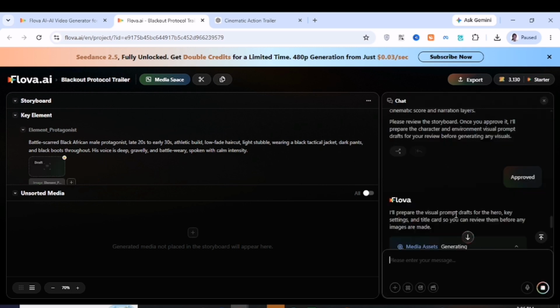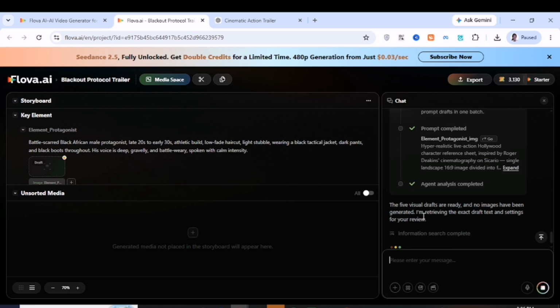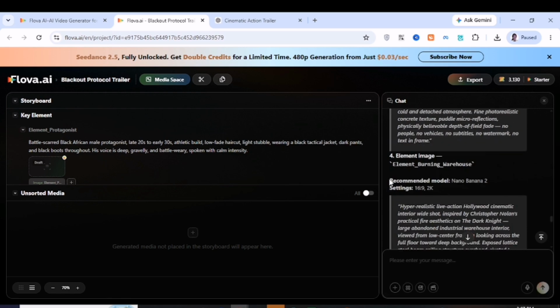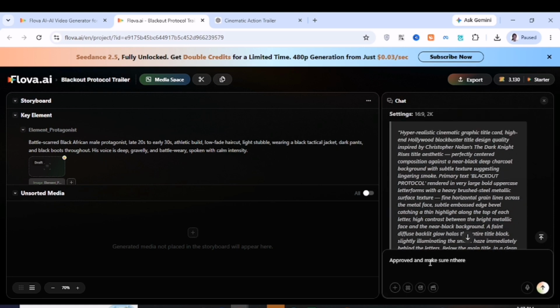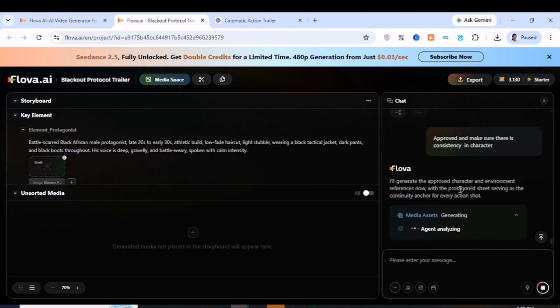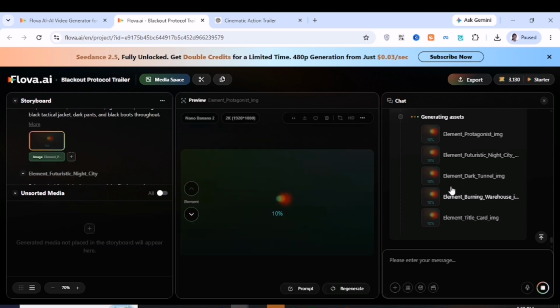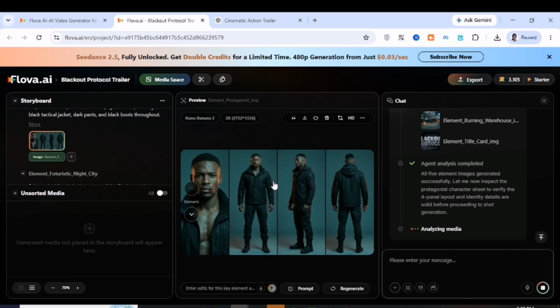At first, it's going to start by generating the image prompt. After generating the image prompt, it will ask you if you approve the prompt. You can see these are the prompts right here. If you are cool with the prompt, you can just go ahead and tell it that you approve it. Then it will generate your images for the video. And the beautiful part is that the consistency is top notch. I might not even need to tell it to keep consistency in character, but just naturally it's going to build consistency.